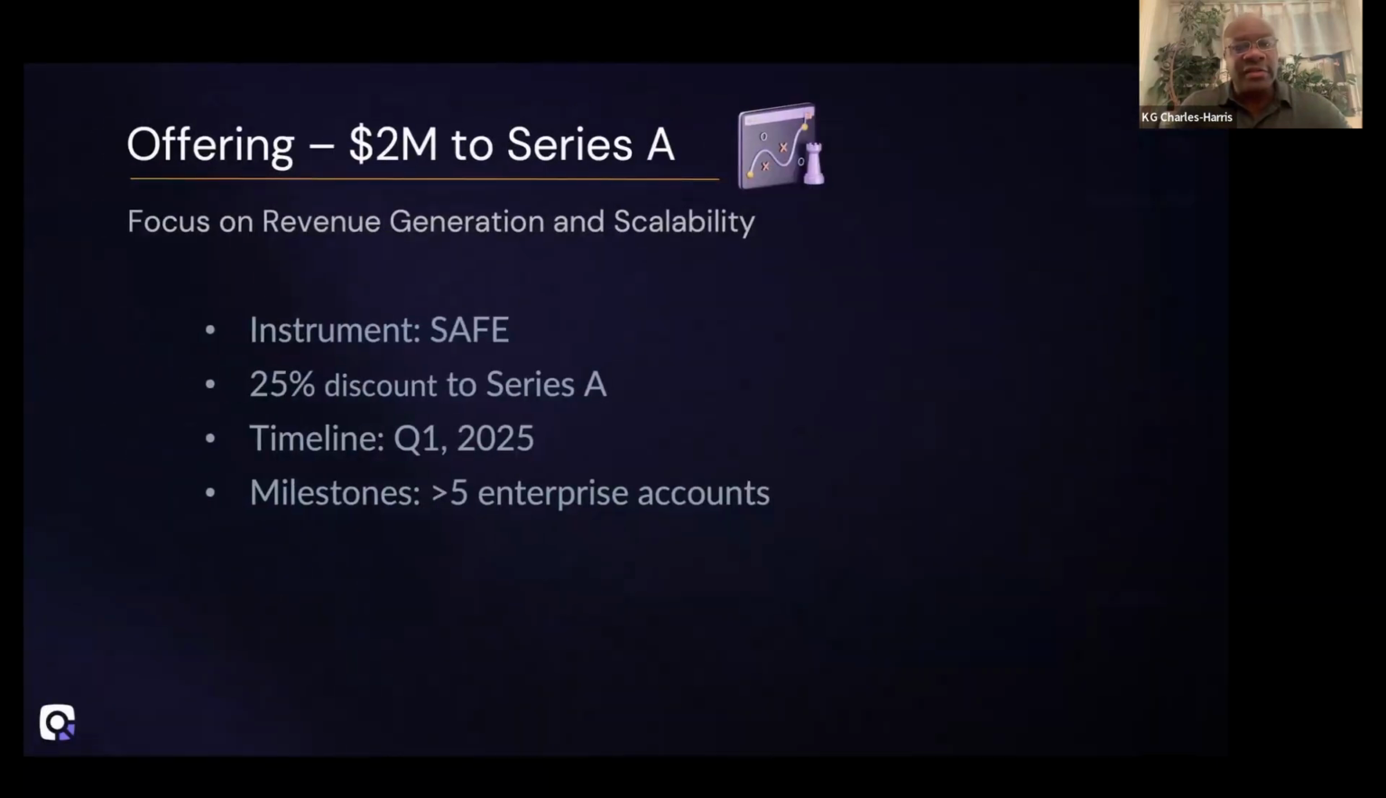We're now doing a small raise to get us to Series A. We're focusing on revenue generation and scalability, and we're using a SAFE with a 25% discount to our Series A. The timeline is to be able to do this by Q1 2025, and we have to close at least 5 enterprise accounts. I mean, we have about 30 or so accounts or prospects in the capital market space, and more